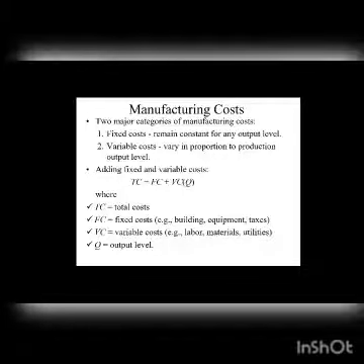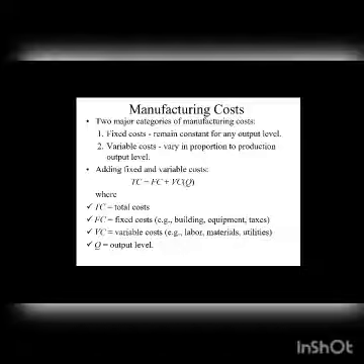So, the next metric. I said there are two functions. One is production performance, and the other is the cost function. Manufacturing costs include two major categories: fixed cost and variable cost. Fixed costs remain constant for any output level. Let us say in a factory, if you pay rent for the factory, or for plant and machinery, it is a fixed cost. Variable costs vary in proportion to the production output level. Variable costs are costs that vary depending on the quantity of the product.